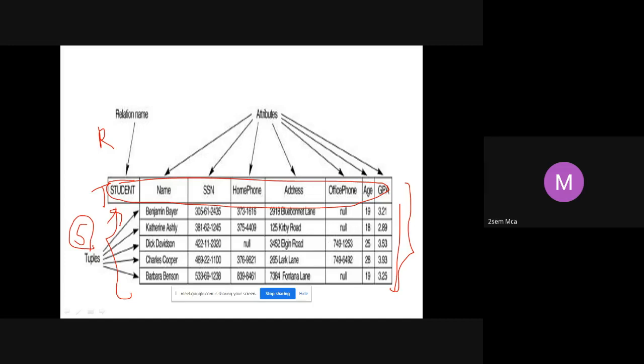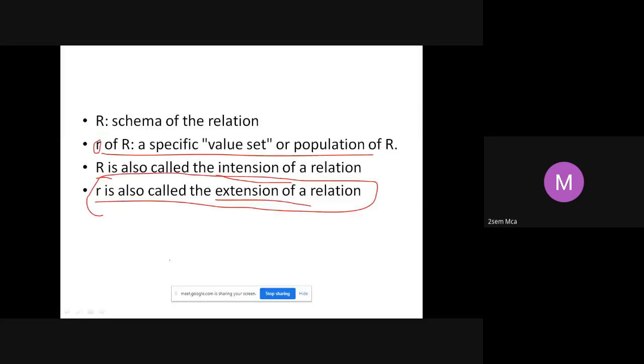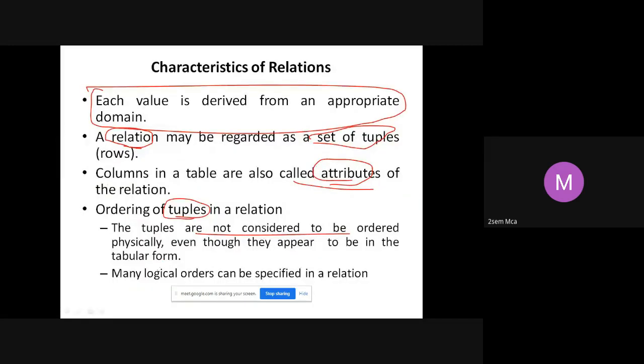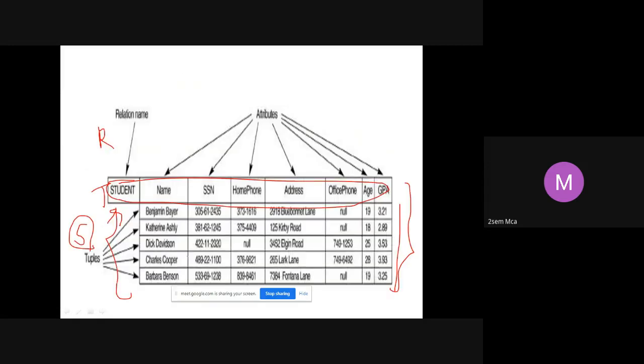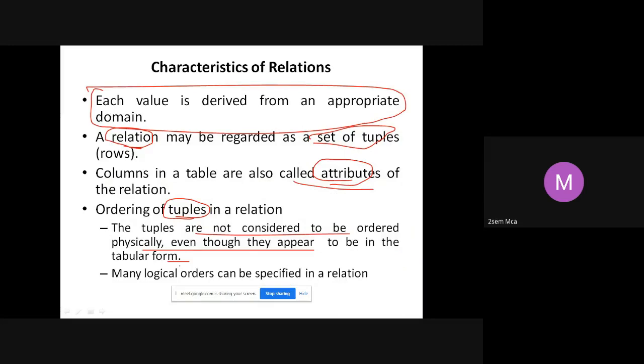You can enter them in any order. Even though they appear in a tabular form, that's all. There is no rule about which record should be entered first. Many logical orders can be specified, that we'll see later.